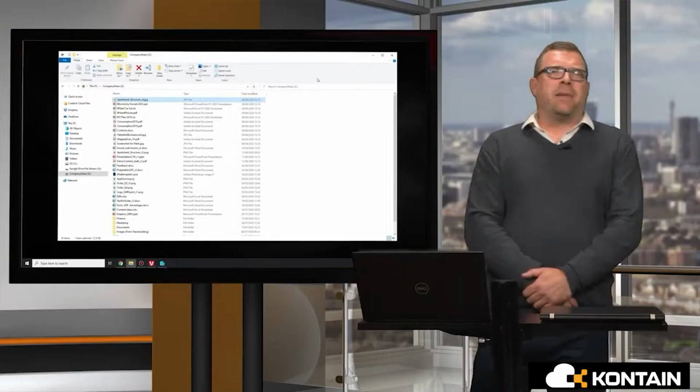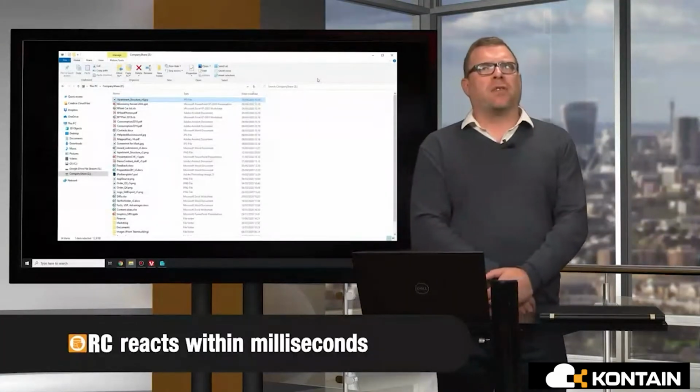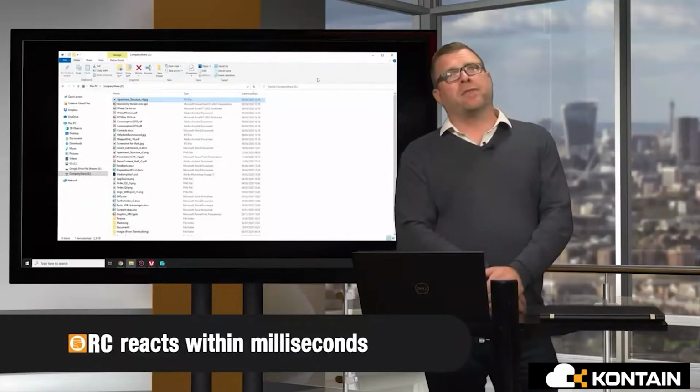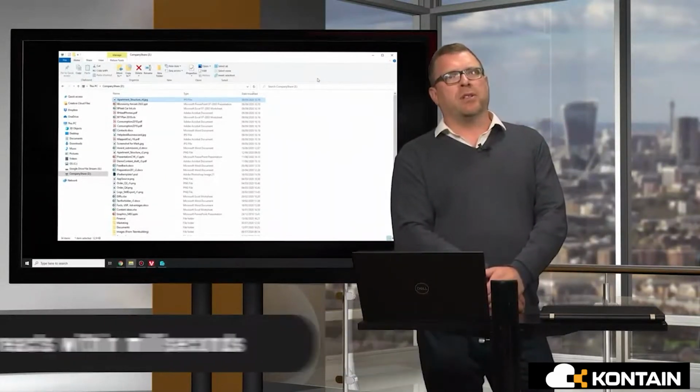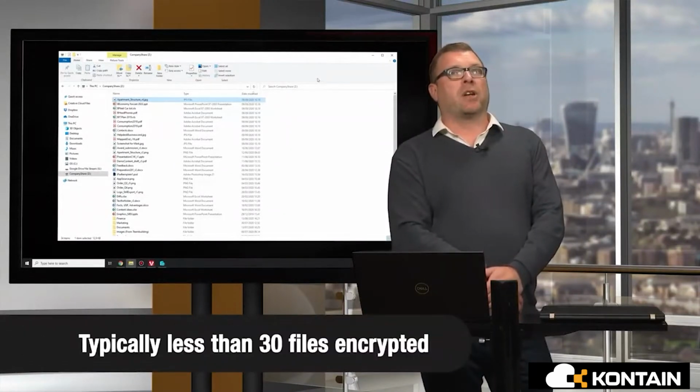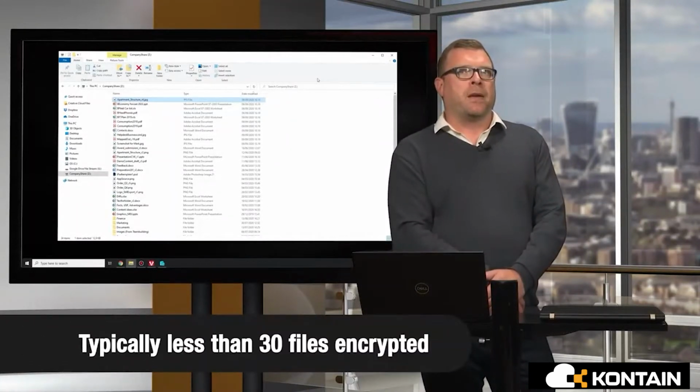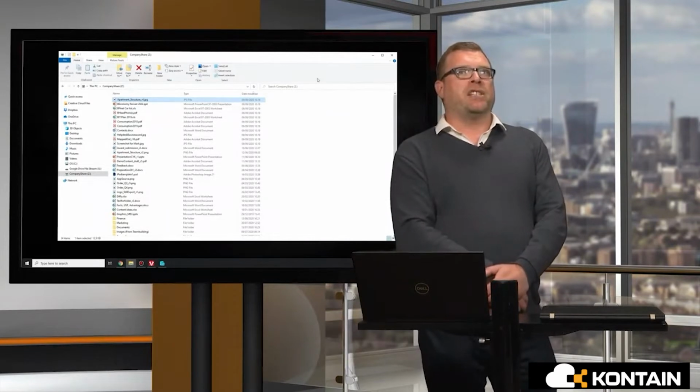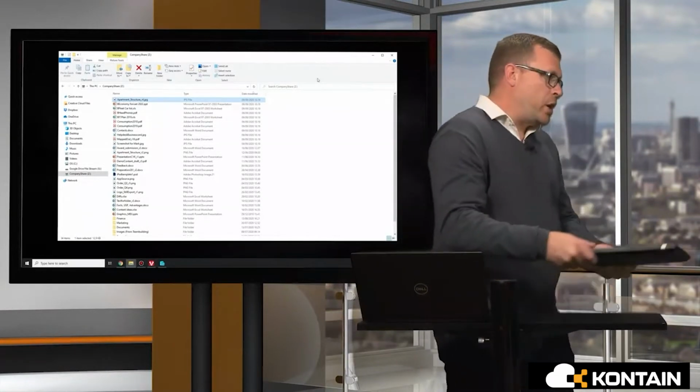Without RC, that same encryption would still be happening to the rest of the files on that share, and it may have jumped to other shares within the environment. Instead, RC shows me precisely which files need to be recovered from the backup. Meanwhile, the infected endpoint needs a new image, so Kate, can you pass me a new laptop? It really is an instant response, but Andy, what about organisations that host their files in the cloud in Office